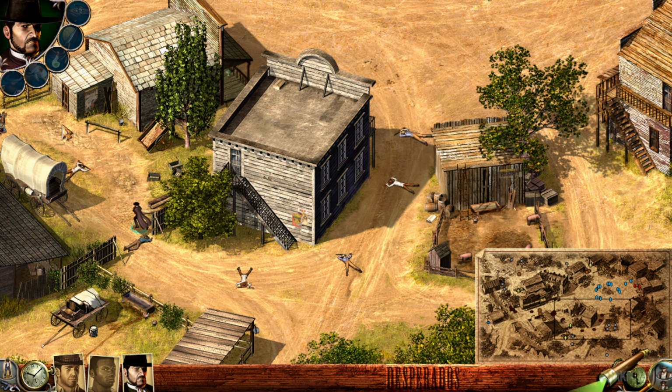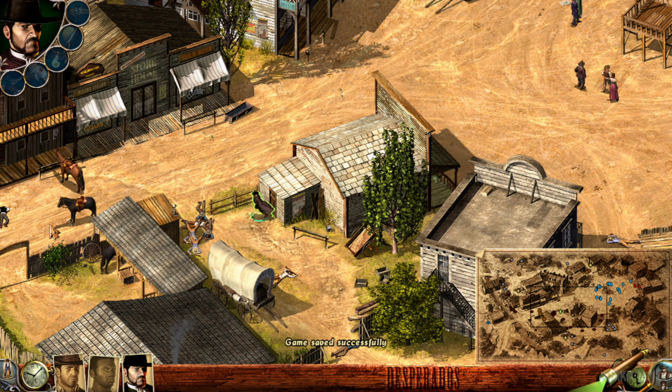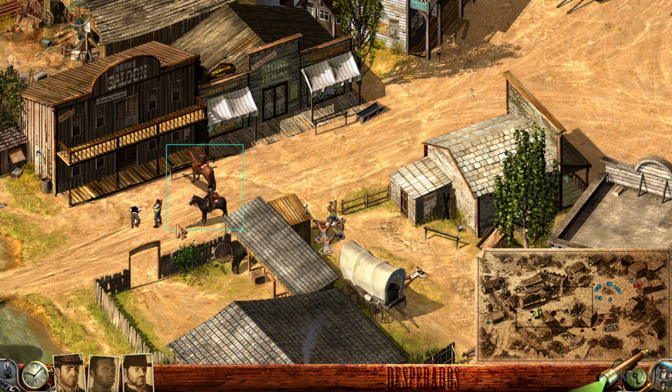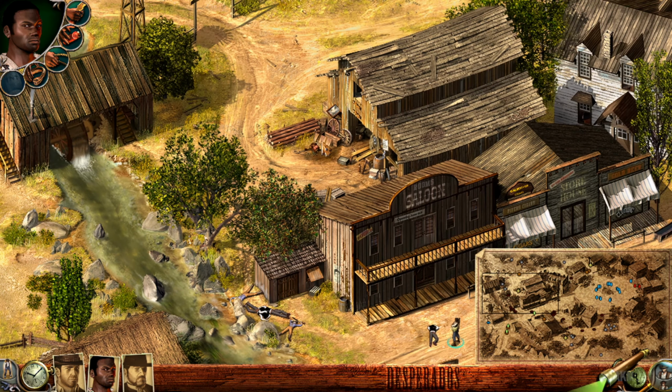And now we're on to the final phase of this mission, which is take a few horses and get the heck away, I think. Once Doc has his equipment, which he has from the prison, ride the horses out of town using every possible route. It doesn't really matter. So let's quickly put everybody on a horse. Actually, we're gonna need an extra horse, and I don't know why John Cooper is taking his time there. Alright, let's get these guys away. Let's bring him over here. And then maybe Sam is gonna have to saddle up a...